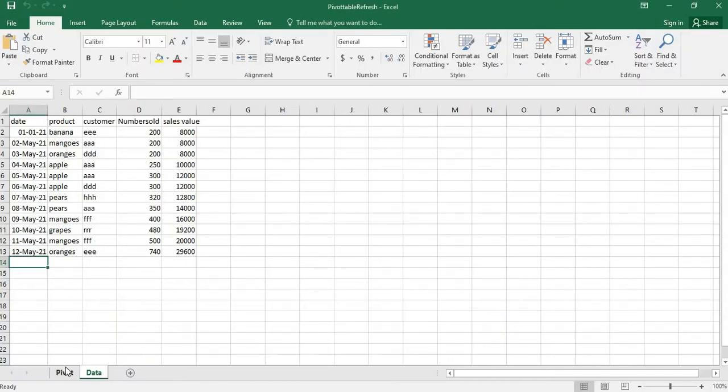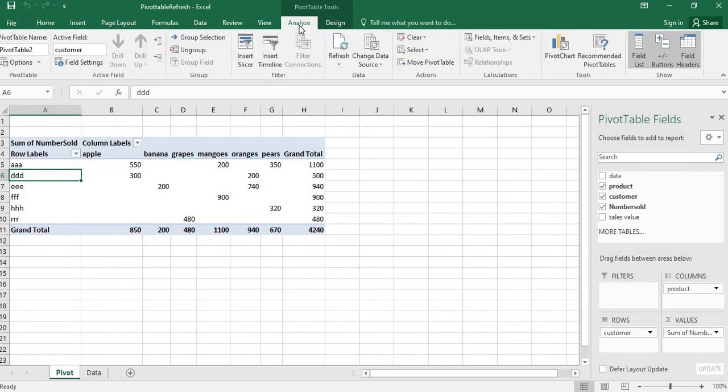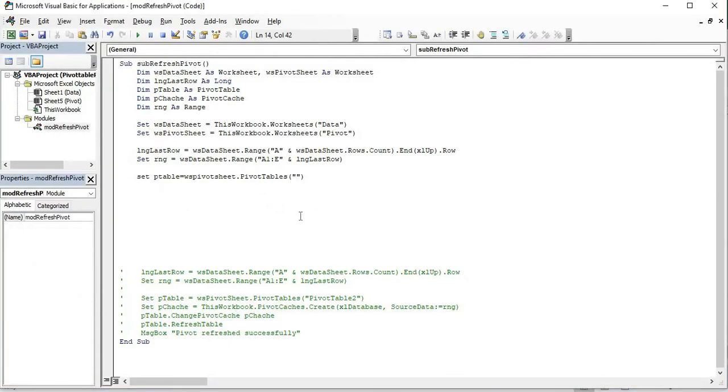So now I just go to this pivot table. So how to get the name? You can place the cursor anywhere inside the pivot table and go to the Analyze tab. So here on the left side you can view this. This is the default name, say it's PivotTable2. If you want, you can customize the name also. So I'll just copy the name. This will be our index for identifying the particular pivot table. I just paste the name here in the variable.